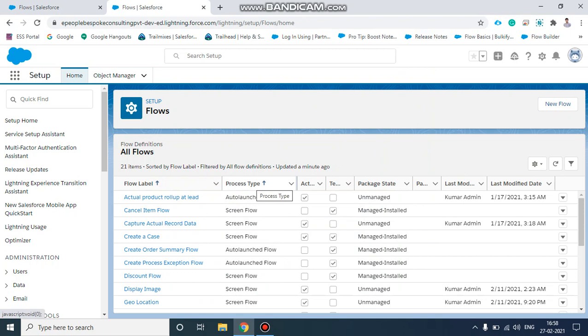In Lightning Flow, I got a scenario where, as you all know, in a screen flow we can add the file upload component. I need to make it mandatory, but we cannot mark it as required, so I need to give a validation if the user has not added a file in the file upload and tries to click on Next.